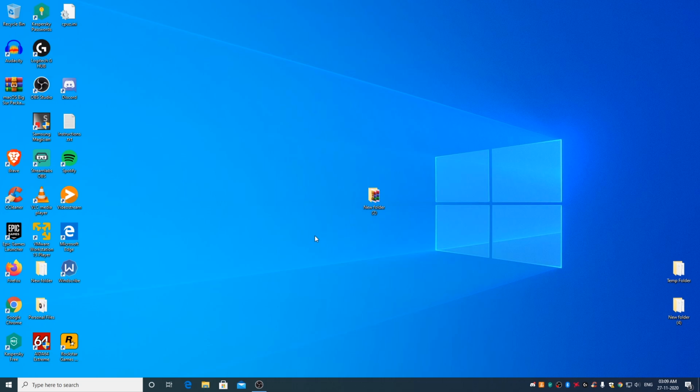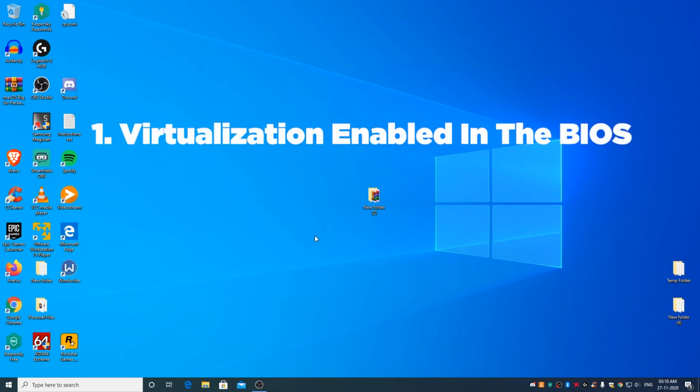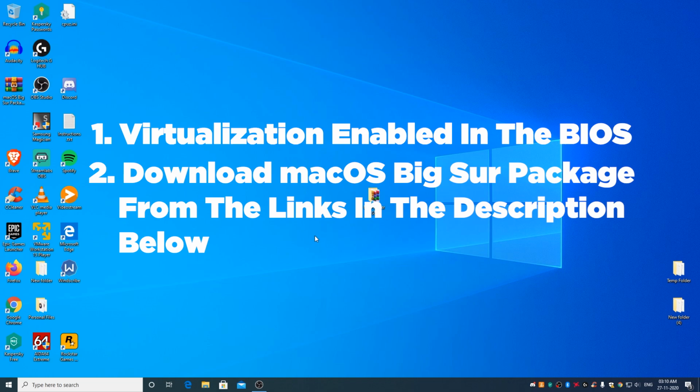With that out of the way, let's begin the installation process. So the following are the prerequisites. First, you need to have virtualization enabled in the BIOS of your motherboard. If you don't know how to enable virtualization, do a Google search about how to enable virtualization in the BIOS of your particular motherboard. Second, you need to go ahead and download the RAR part files from the links in